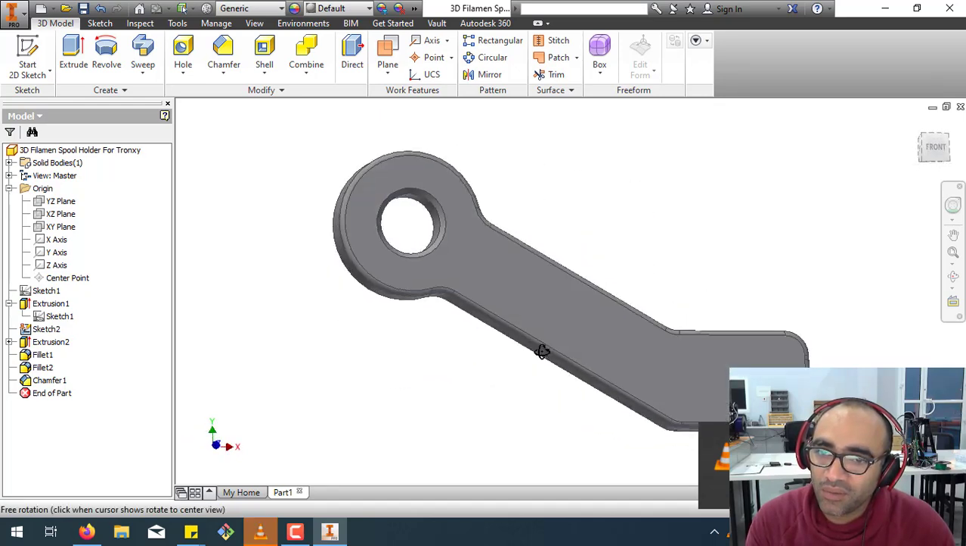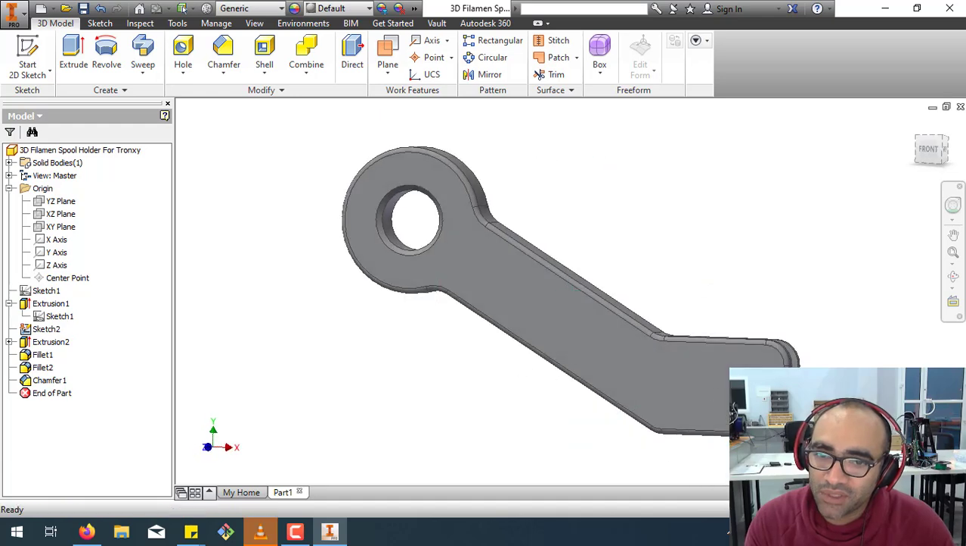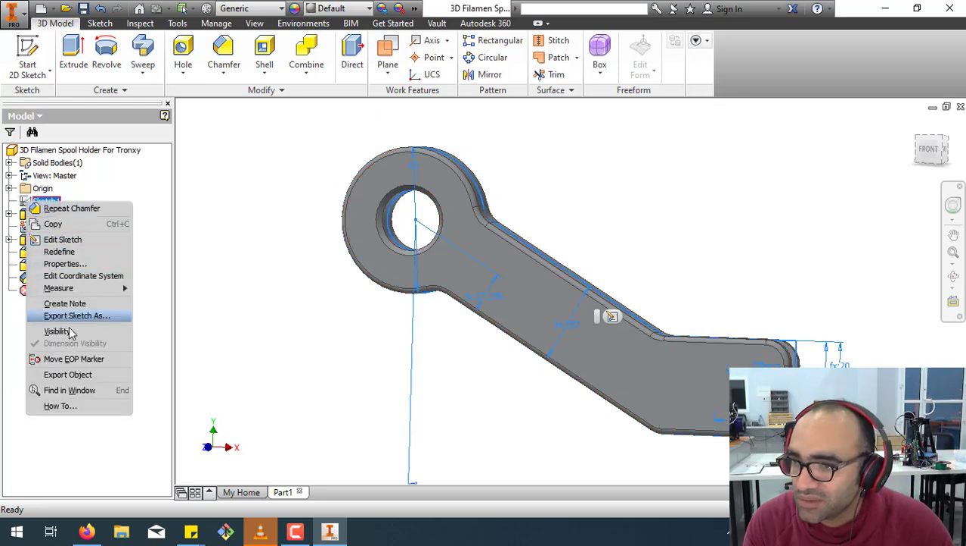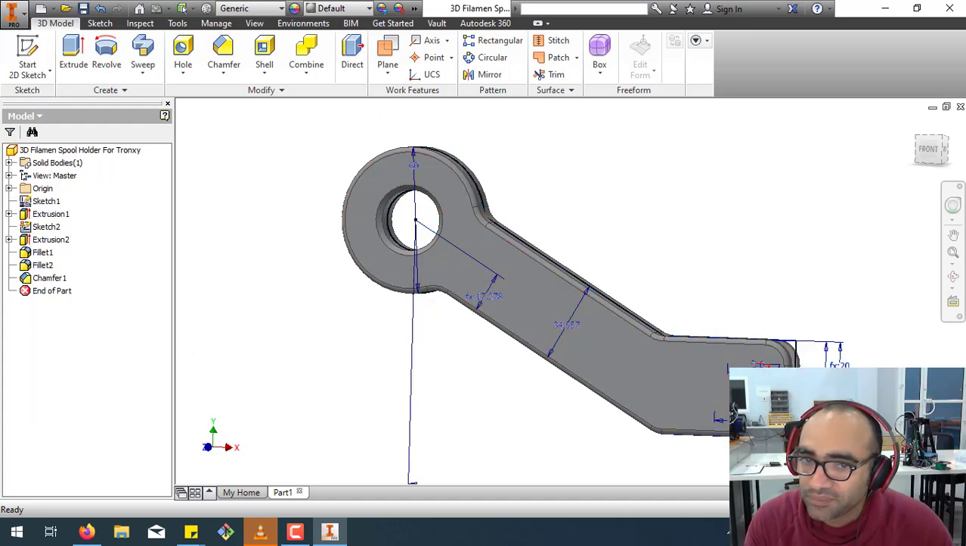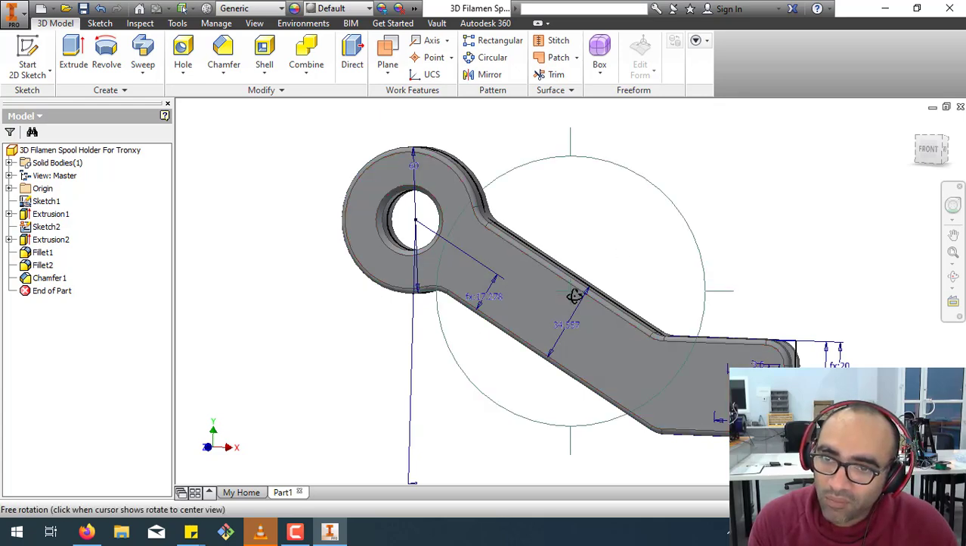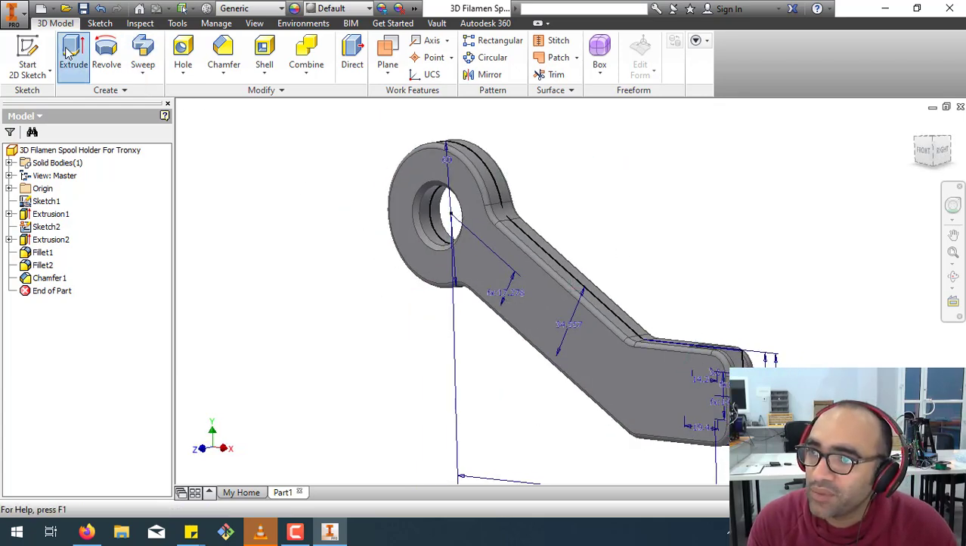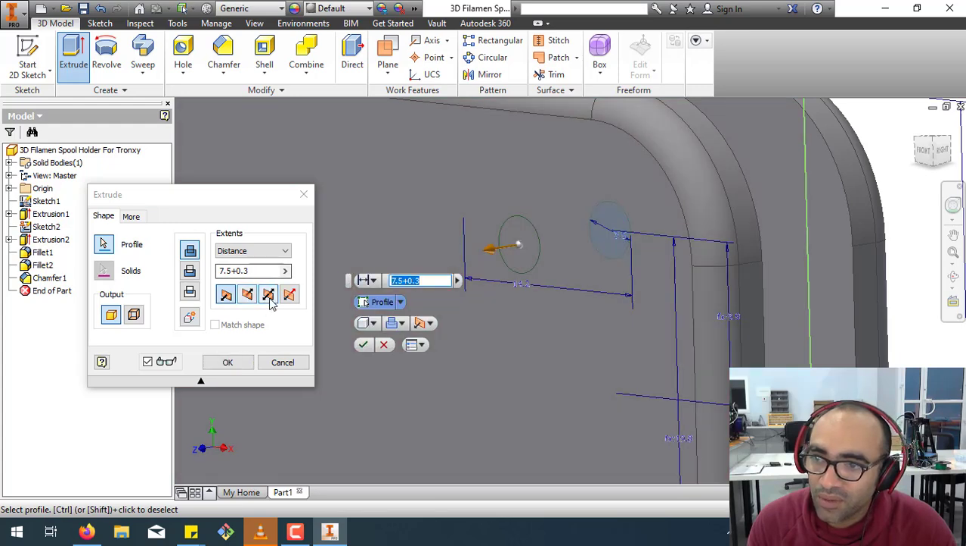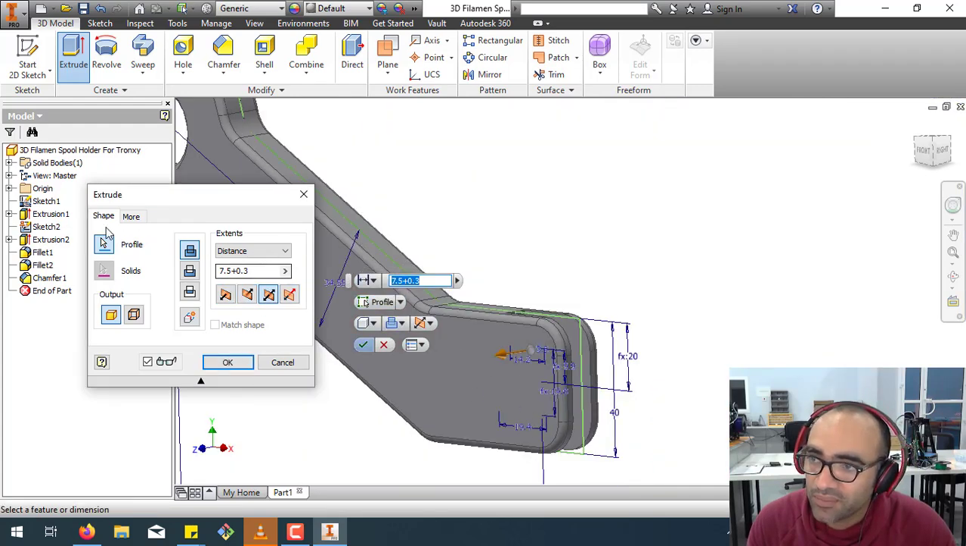Now we need to do something, which is make the holes. We go back to the sketch. We have to reveal it, visibility. And then we extrude. Okay, we need it to go on both sides. And then